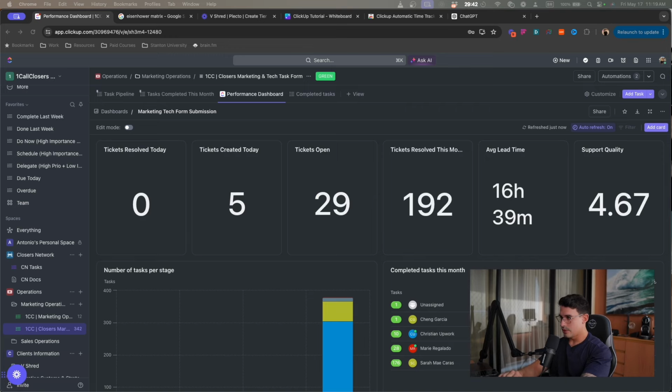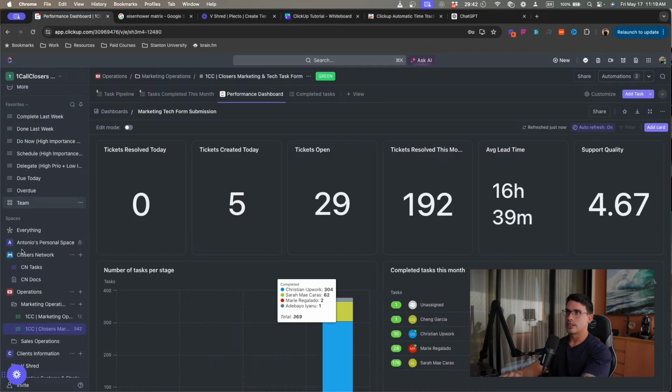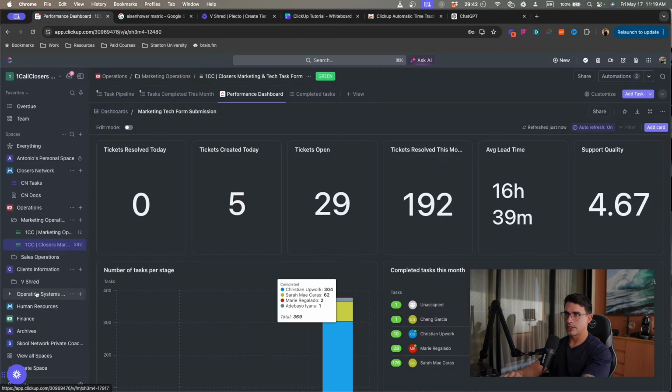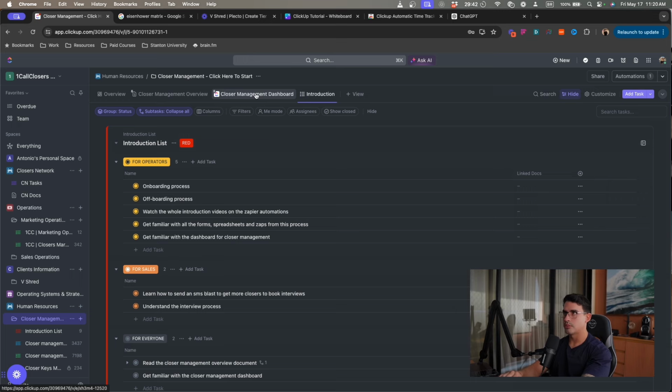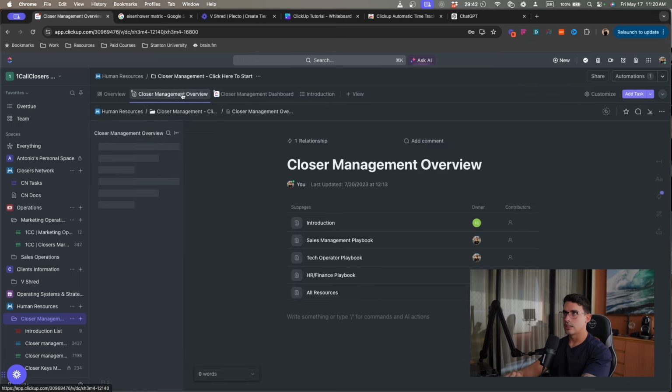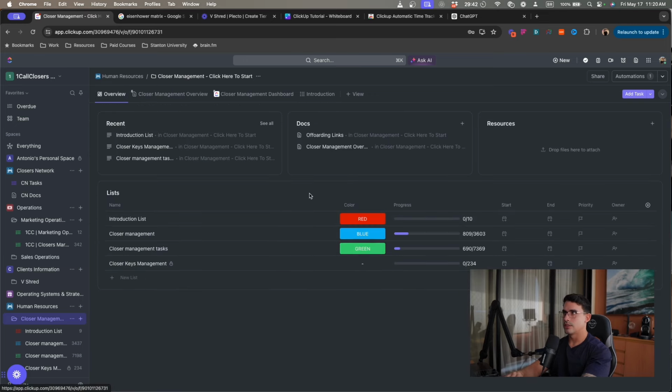So in terms of spaces, folders, and lists, organizing your workspace, I think we've shared the best practices in here, with some nice examples of how to create a workspace that is self-managed. You can add an introduction with the SOPs. You can add a dashboard to manage the actual progress on each specific folder. You can add a document outlining everything in the playbook. And then over here, there will be an overview of the actual list, right?